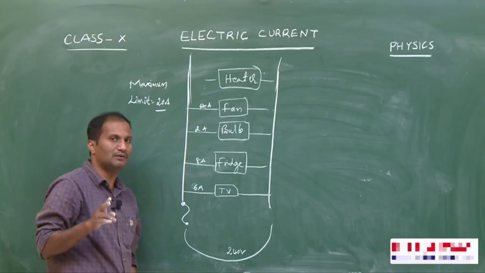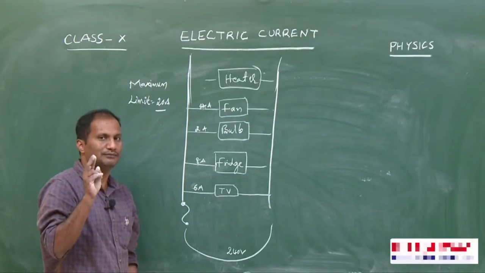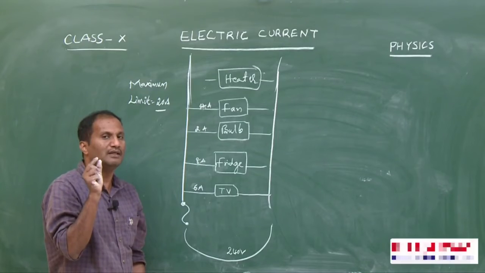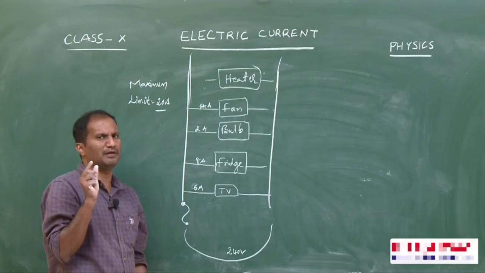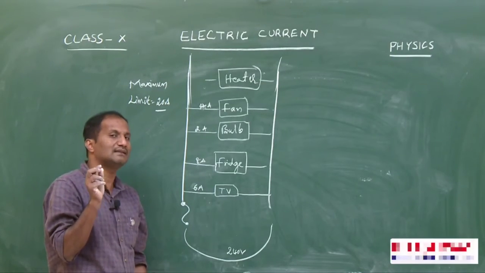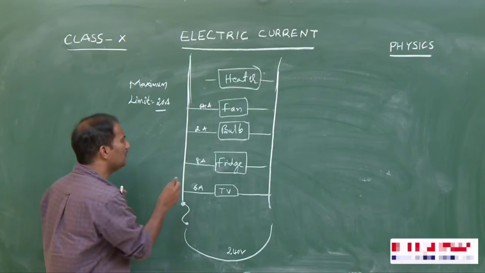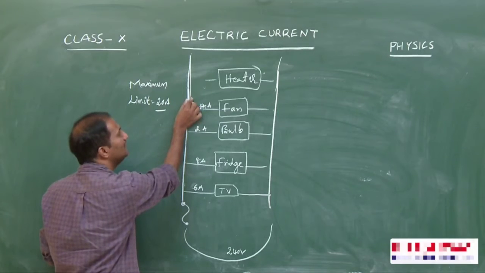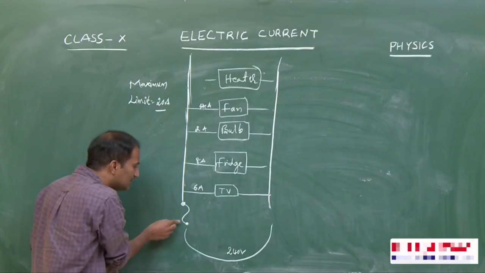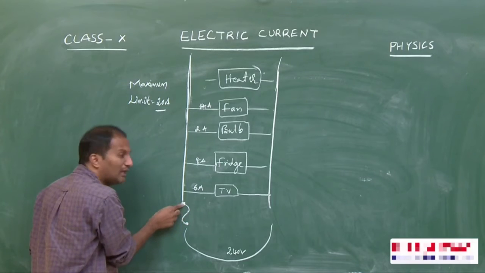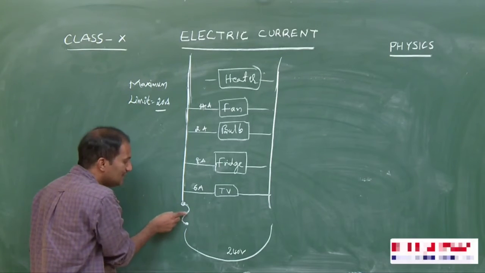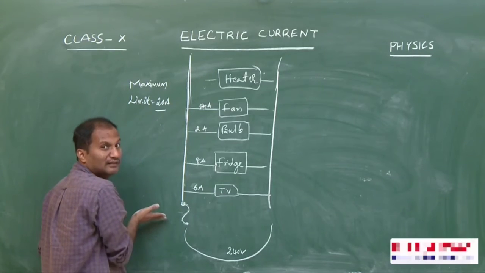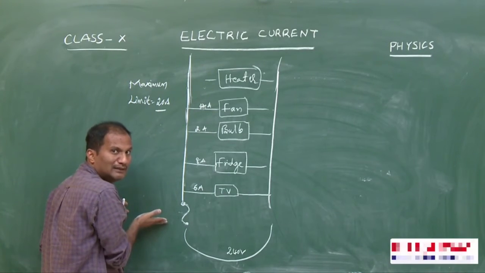For that we use the electric fuse. An electric fuse is a thin wire having a very low melting point. Even at low temperatures it can melt. If too much electricity passes through this wire, then before other parts are damaged, this fuse wire will melt first. This is the symbol of a fuse. If the fuse wire melts, the circuit automatically becomes an open circuit. There is no flow of electricity into our home.